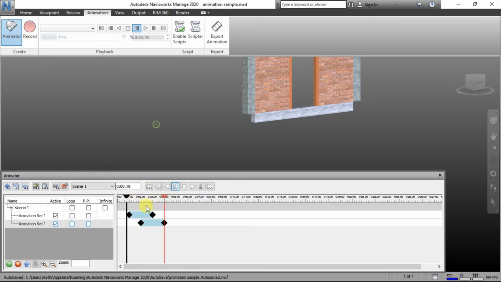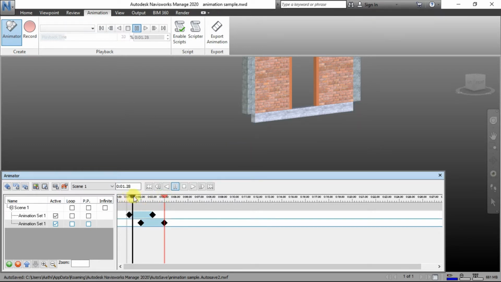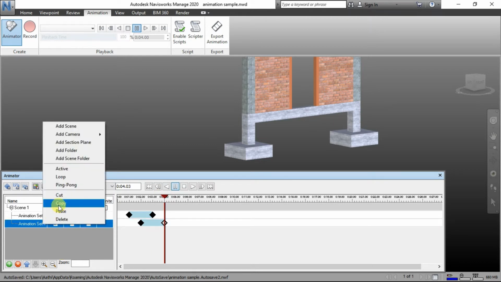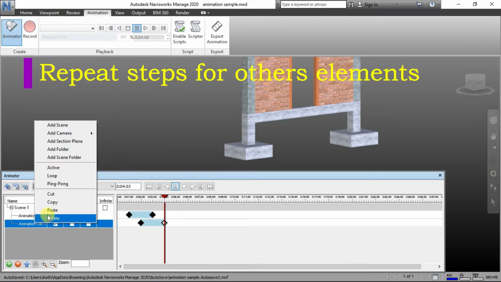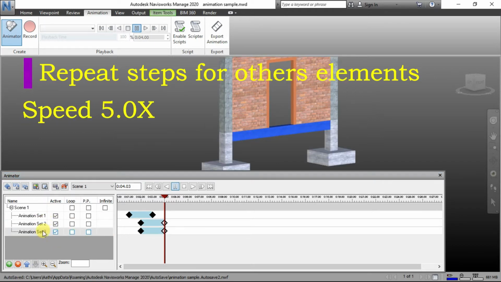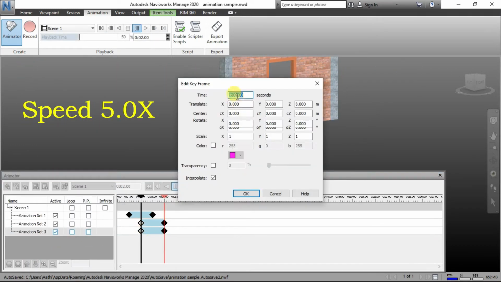So now we can check. The first animation set is for the footing, the second is for the small columns. Okay, it's working perfectly. So I'm making the same procedure for creating other sets like the bottom beam, the long columns and the beam at top, then our brickwork and the doors which we modeled.